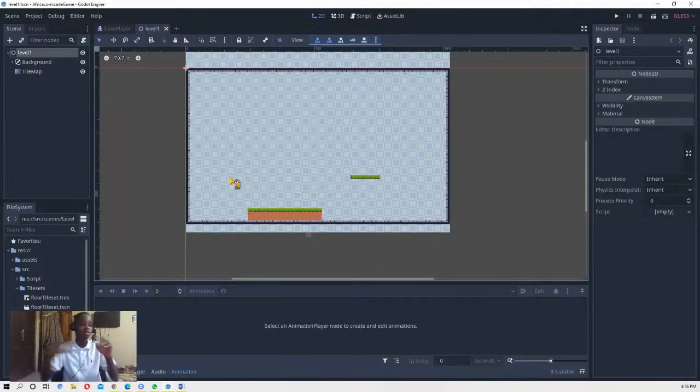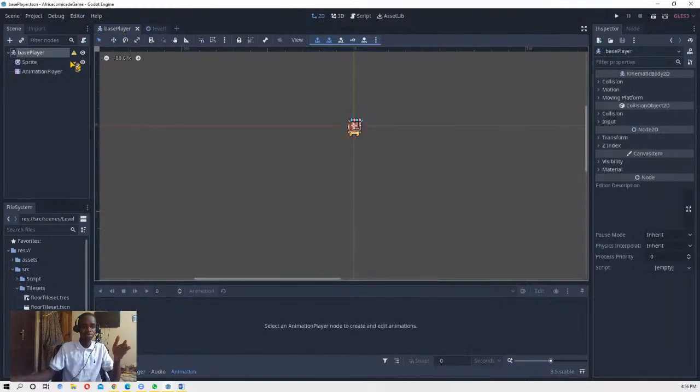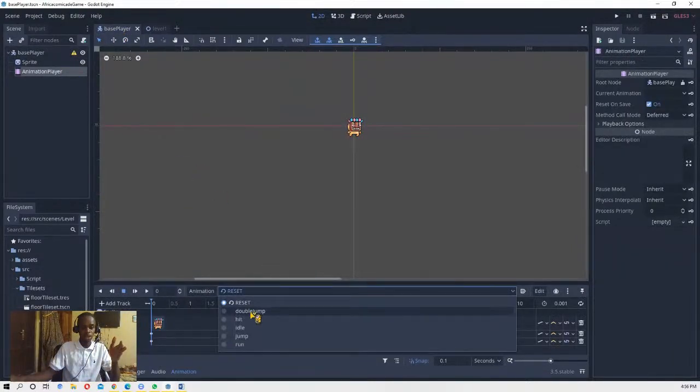You just have to make a kinematic body that can jump. And then tomorrow we are going to talk about how to add animation to your player, something like this, where the player